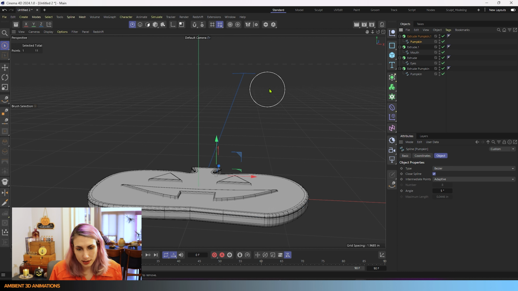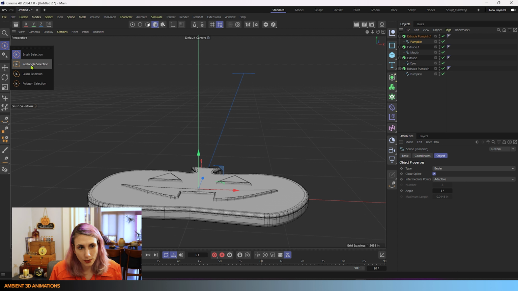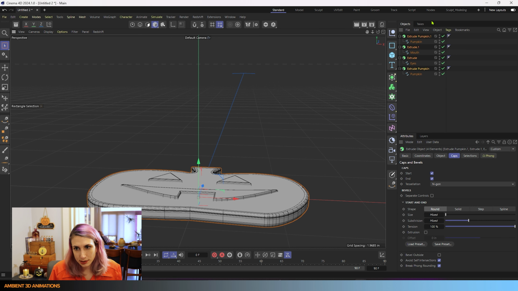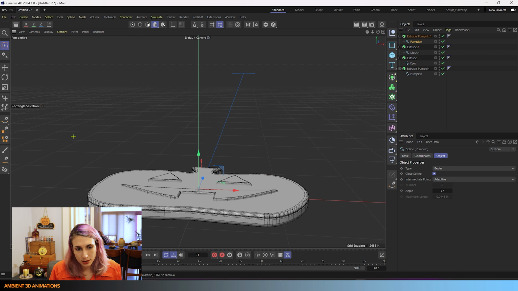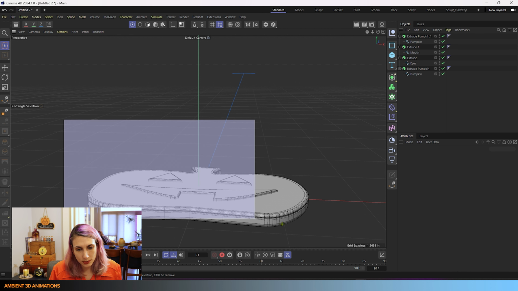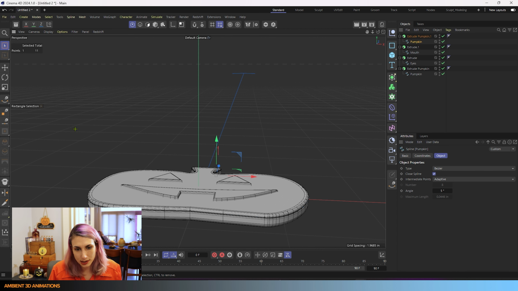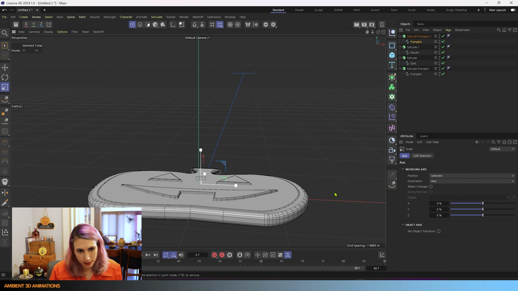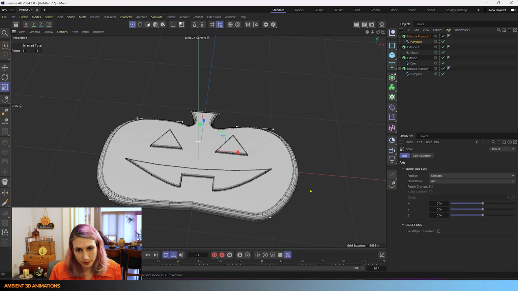And I can even take this pumpkin and again use the rectangle selection. I'm holding a click on our selection. Actually, in point mode, I'm going to select all the points for our spline. And then I can always just scale these in a little bit. So now we have our lovely frosting for our cookie.